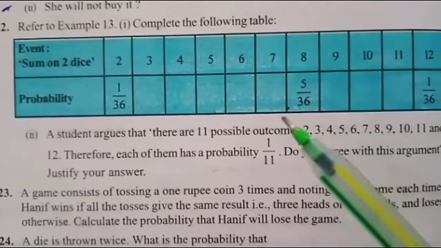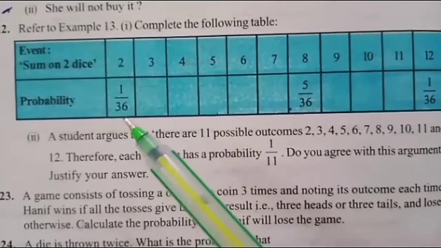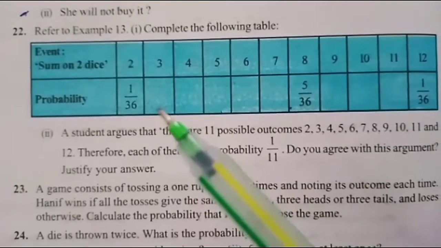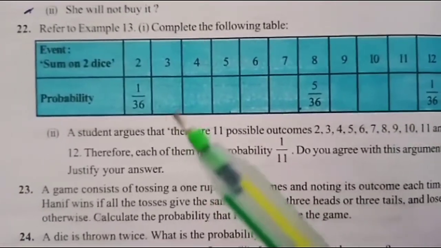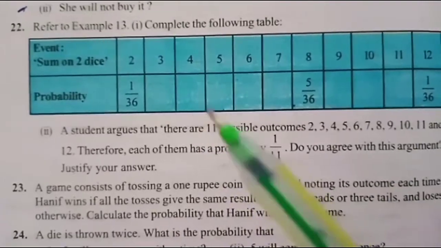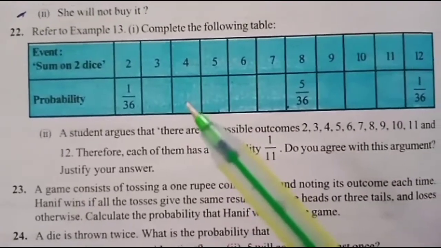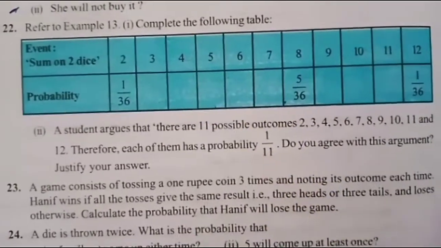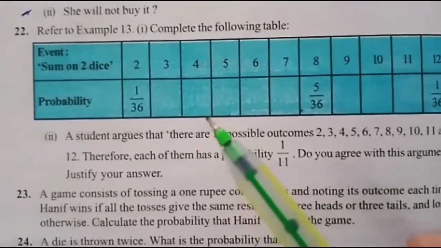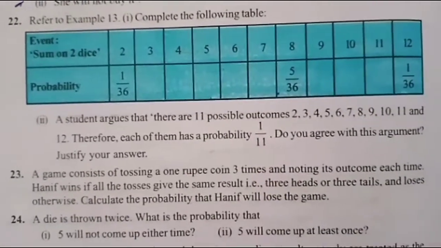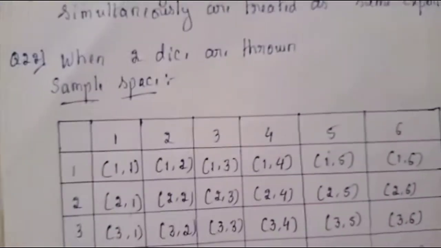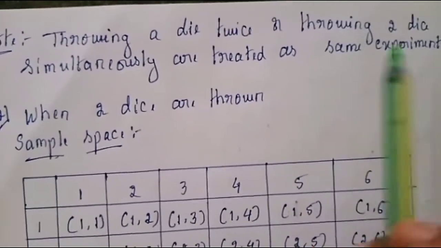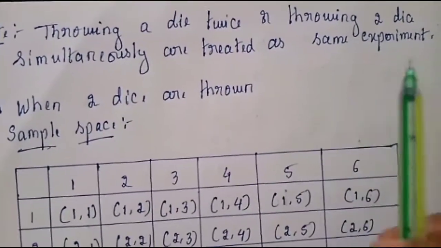So to understand this, first how you got 36 is a very important concept. In this, I said already in the previous video, one important concept you are going to learn, that is about doublet. So the question, probability of getting a doublet, will be in this concept, that is throwing two dice or throwing one die twice. So let us know what is the sample space of this and then we answer the following question. Again I am telling you, note, throwing a die twice or throwing two dice simultaneously are treated as the same experiment.